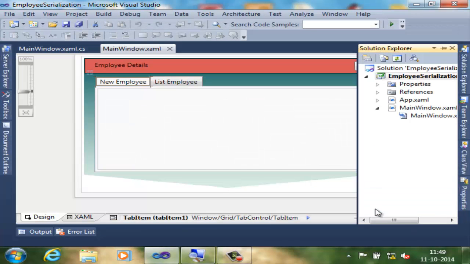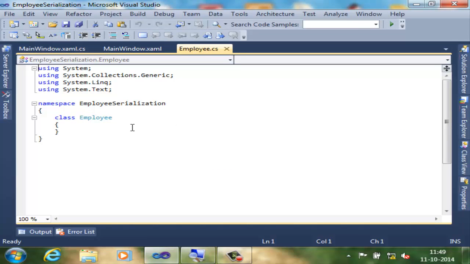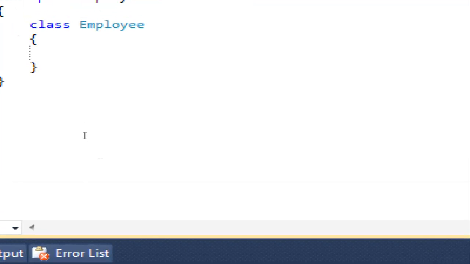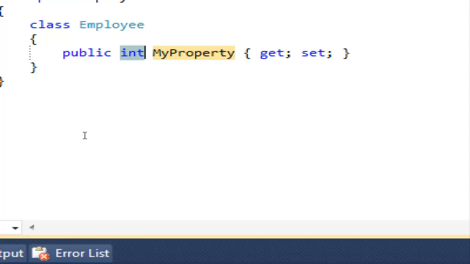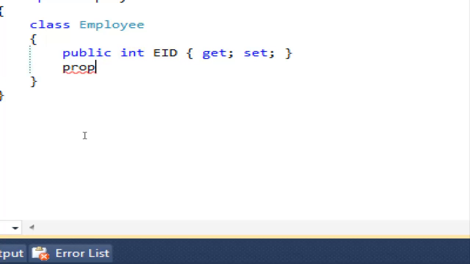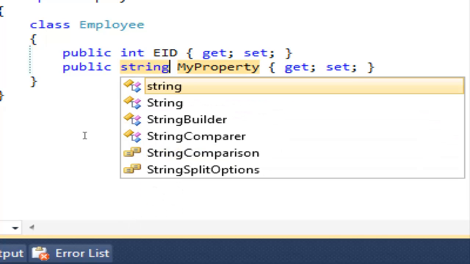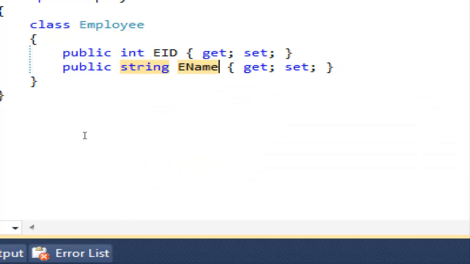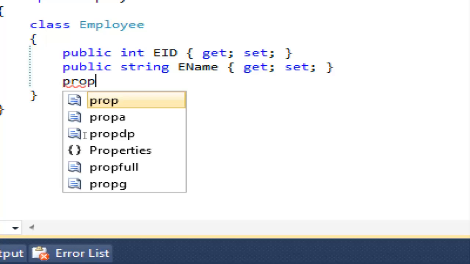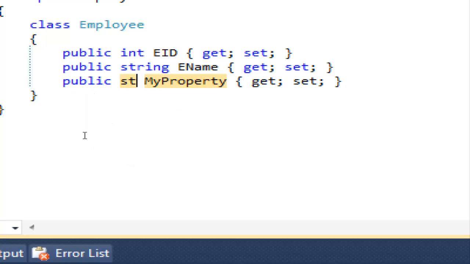I will just create a blank class with not too many things inside it. And I'm going to create a few properties. That's all. I won't add any method. So I'm going to create the properties. The first property, employee ID. Next property, as usual, string employee name. Next property, usual thing, string department,